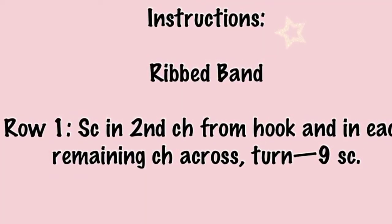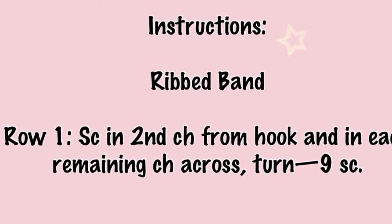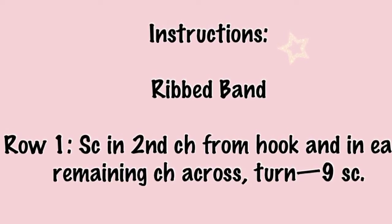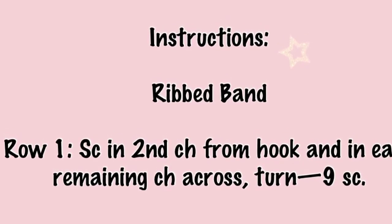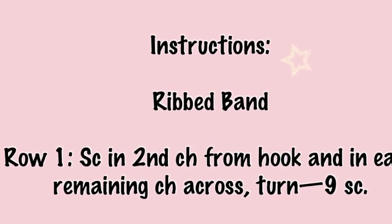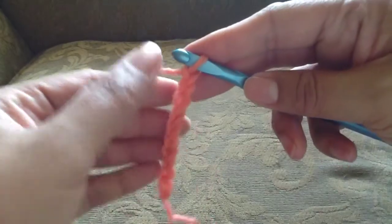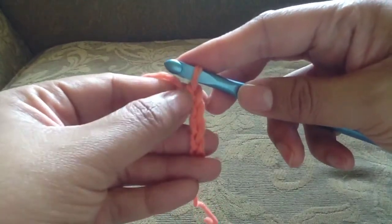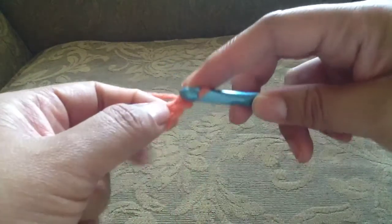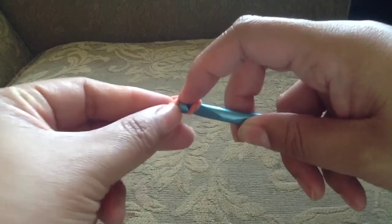Row 1 reads, single crochet in second chain from hook and in each remaining chain across. Then you'll turn and you should end up with 9 single crochets total. Okay, so second chain from hook, that'd be 1 and 2. So the first and the second chain, you'll go into that second chain from the hook and do a single